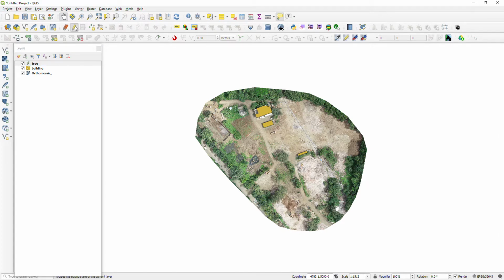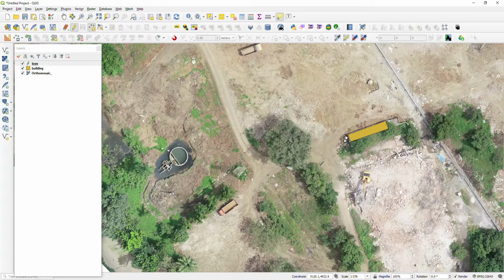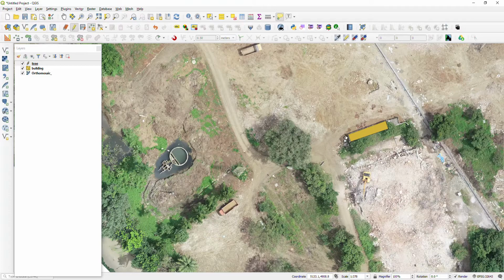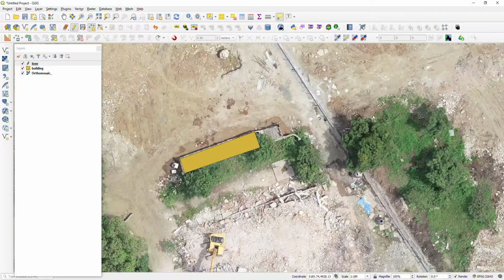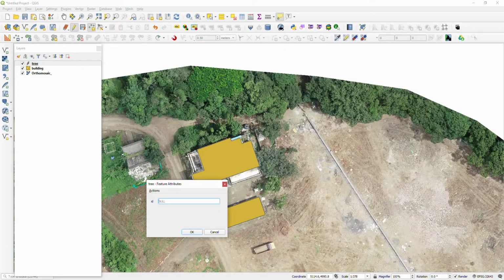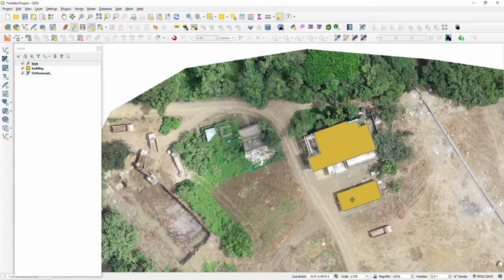Once you click on toggle edit, immediately the add point feature will be enabled. Click on the add point feature, then you can digitize here. I'm just roughly digitizing, capturing the trees with a point at the center of each tree.